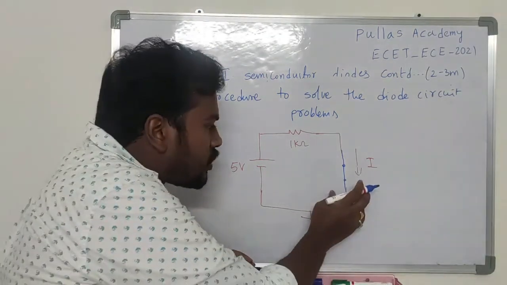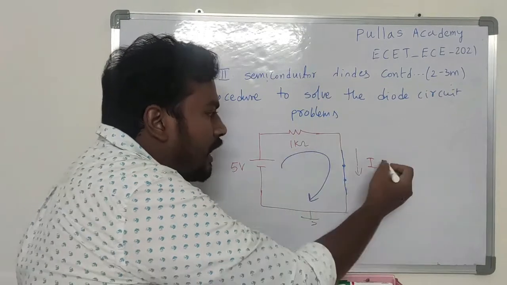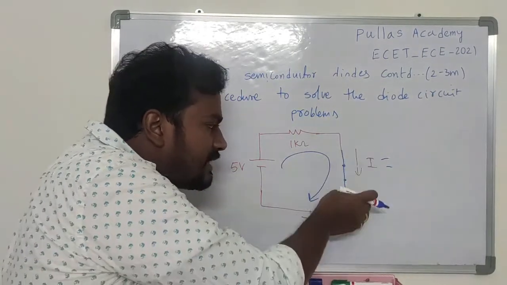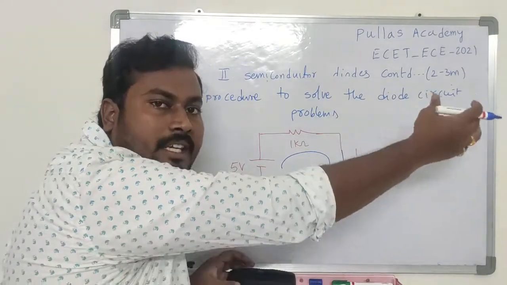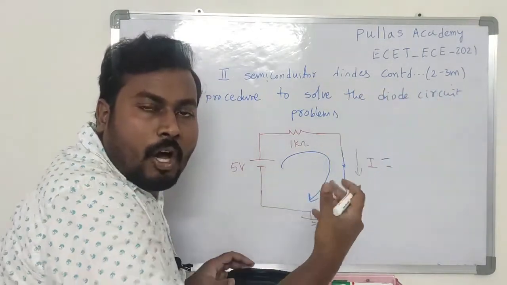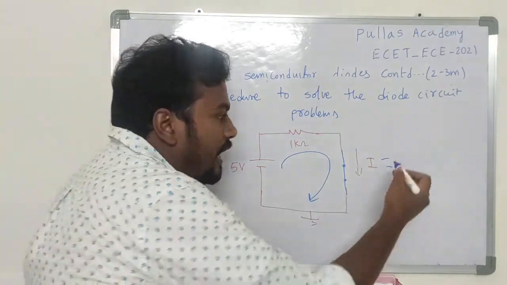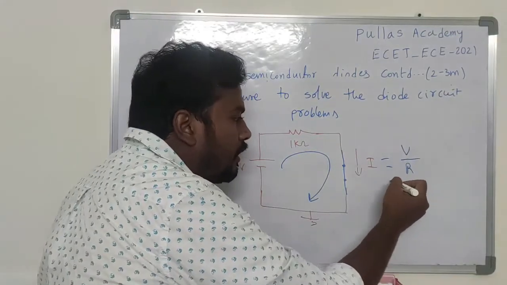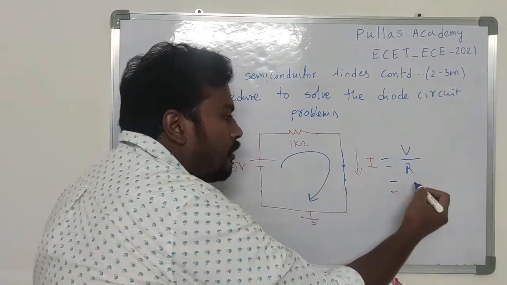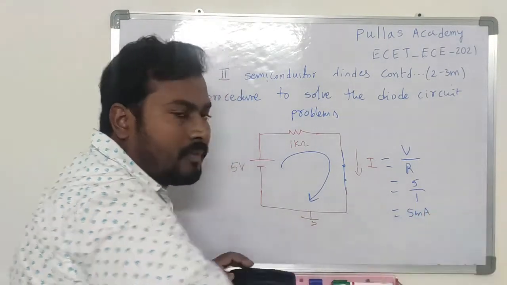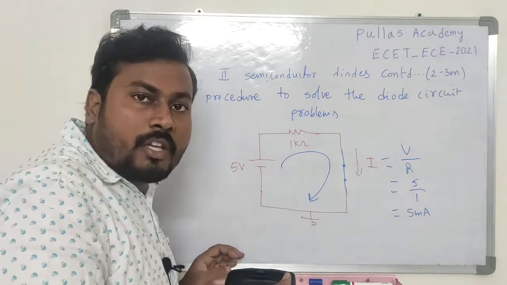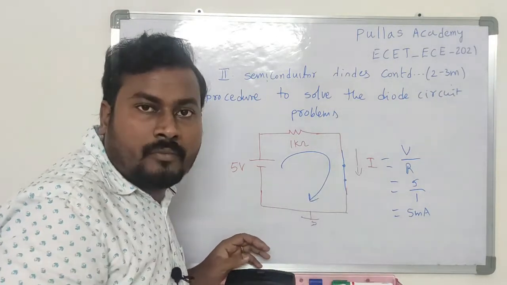Okay, so when this is short circuit, you can now find the current I in the circuit, and that is the current through the diode. So what is I from Ohm's law? I is equal to V by R. All of you know. So I is equal to V by R. V is 5 volts, 5 by 1 kilo ohm, so 5 milliamperes. So the problem is not yet over.